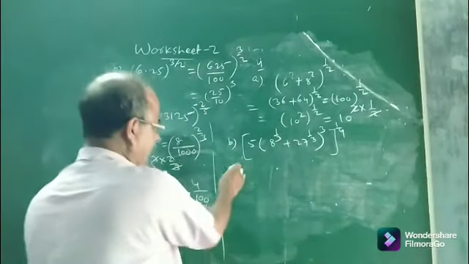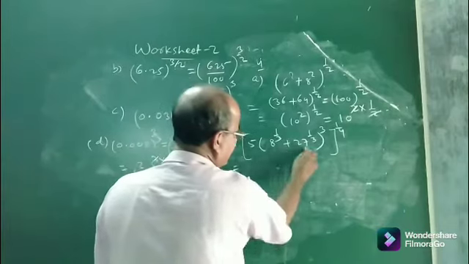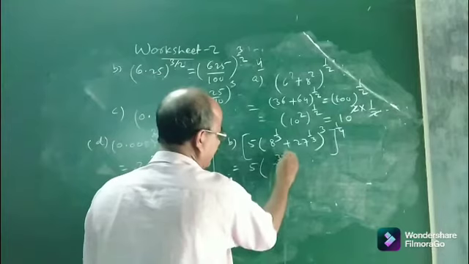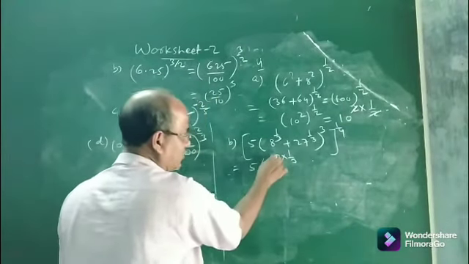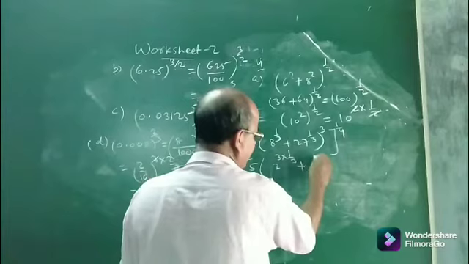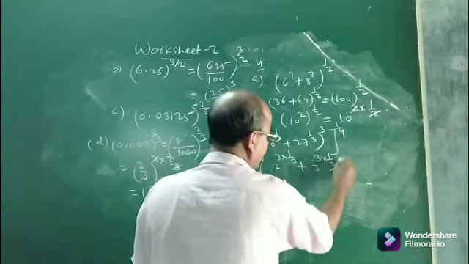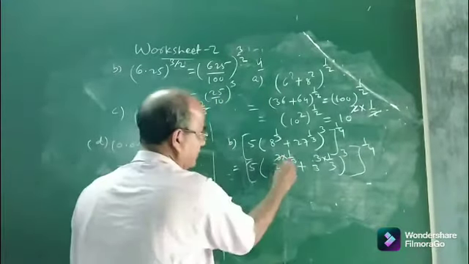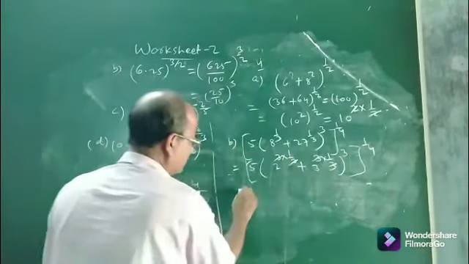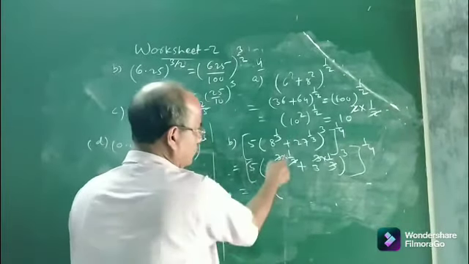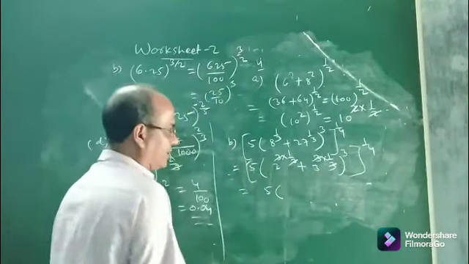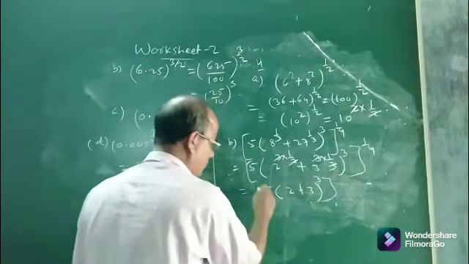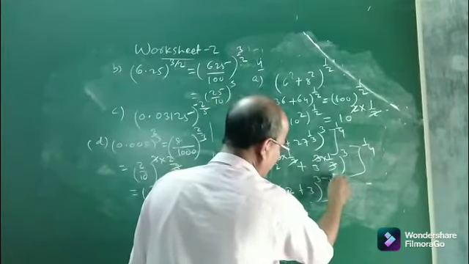Okay. How to find out? Let us see. First you do the work of this inner bracket. So let 5 be constant. This is 2 to the power 3 into 1 by 3, because 8 means 2 to the power 3. Similarly this is 27, 3 to the power 3 into 1 by 3, whole to the power 3, again whole to the power 1 by 4. Now see 3 cancel, 3 cancel. So what is left? 2 to the power 1 plus 3 to the power 1. 2 to the power 1 is 2, 3 to the power 1 is 3. This is cube. Whole to the power your 1 by 4.